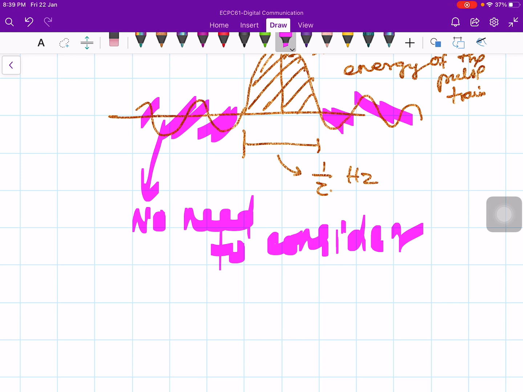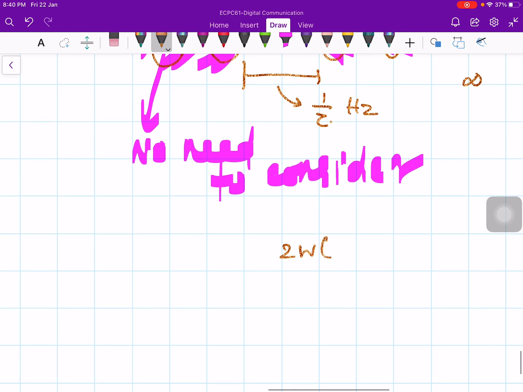So it is essentially a convenient measure of bandwidth rather than a precise measure. Suppose somebody asks what the exact bandwidth is, then the bandwidth is infinity. But a convenient measure is 1 by tau hertz. So if your sampling rate is 2W, and I am going to represent each sample by N number of pulses, the pulse rate at which you have to transmit pulses is going to be 2NW pulses.